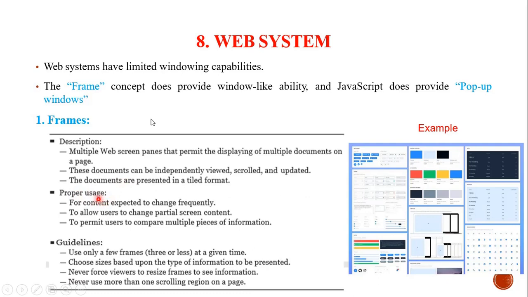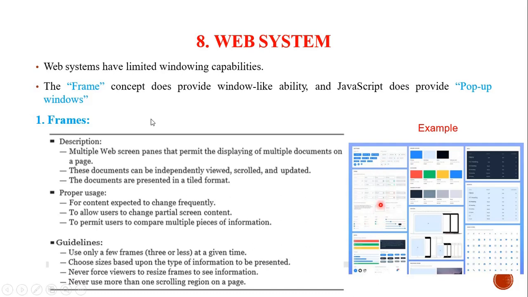Let us understand about the usage. For content expected to change frequently, you can use the frames. You can use the frames when you are going to have content which is going to change frequently, updated daily. At that time you can have this kind of frames to allow users to change partial screen content.